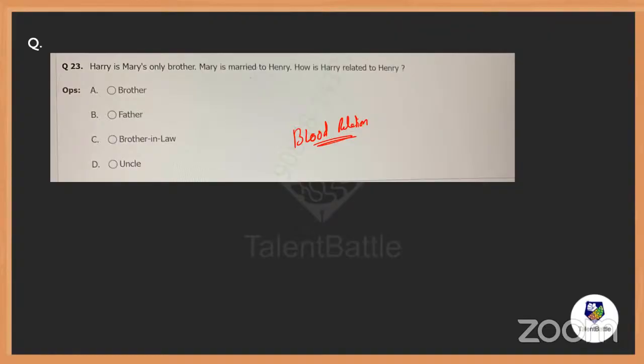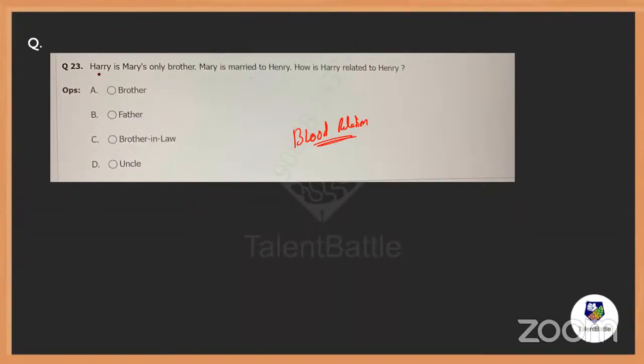As ma'am already discussed, the question levels are low to medium only. Hexaware question levels are not tough to answer. These are low to medium level questions. So if you are clear with the concept, it's very easy to answer any question. But some logic you might not get. That is why we are pushing from our end, and everybody to help you.